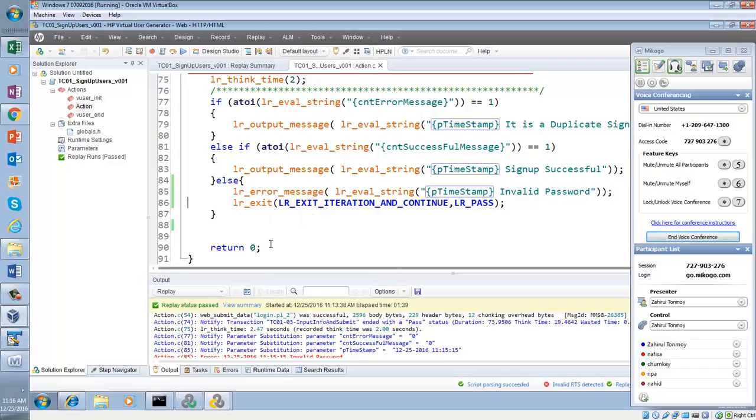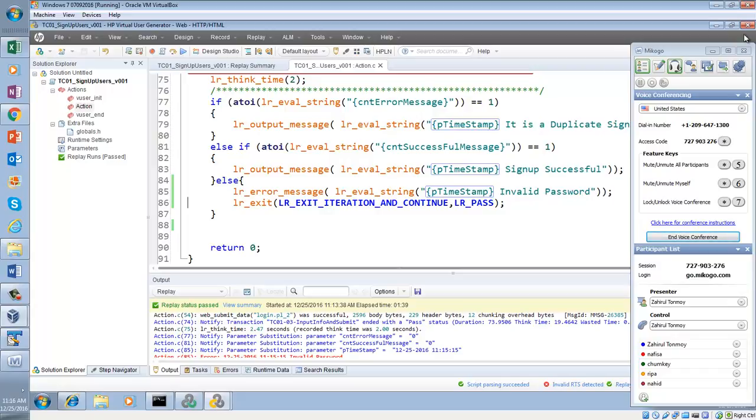If you have another 100 lines after that, with an LR exit it will not go for those lines; it will stop. So if there is any error, I don't want to move forward anymore. That's why I am putting LR exit. Now this script I am going to take to the controller and execute it. Now let's take a look.